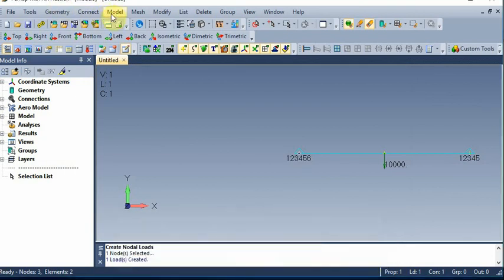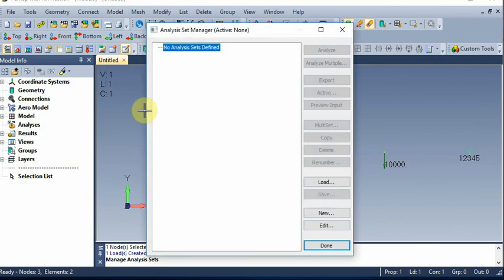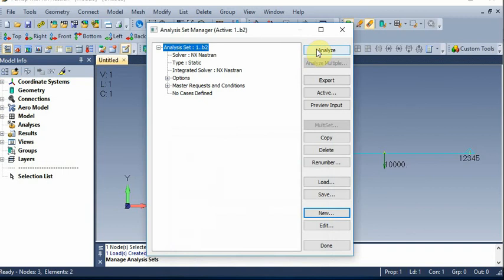Now we will go for analysis, new analysis, beam 2, any name you can give, it should be static. Do OK, analyze.